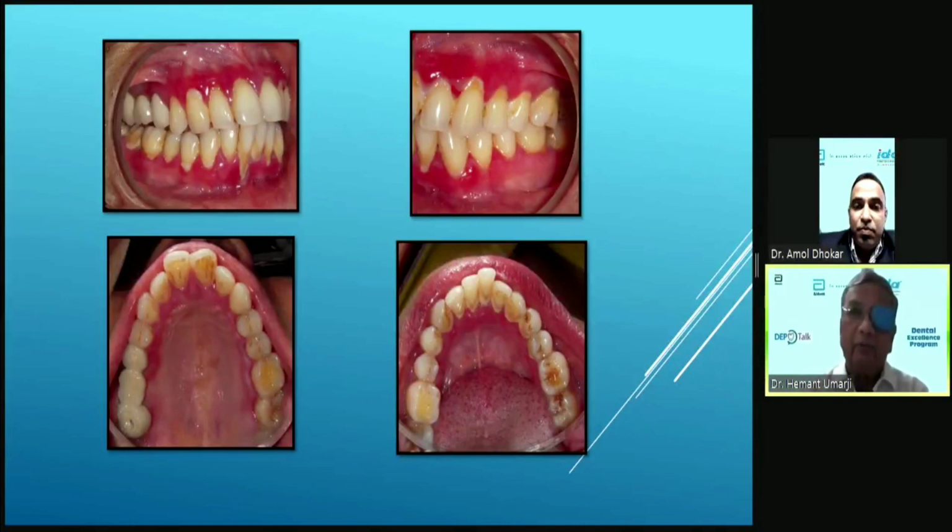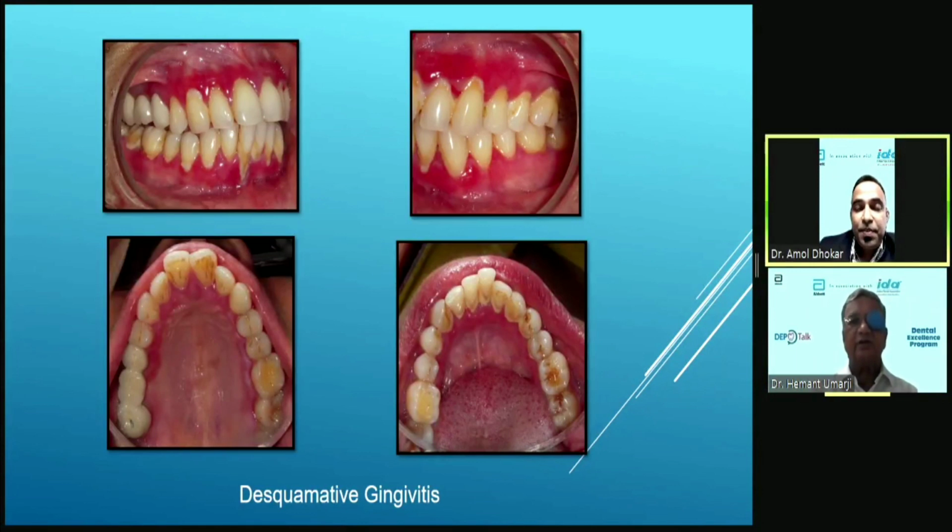And we treat it mainly with the steroid, that is Betnesol, betamethasone 0.5 milligram 4 times a day, to be dissolved in the mouth, and either the patient swallows it or spits it out. First 5 days, 4 times like that. So that is the only treatment which we can give. Some people have tried tacrolimus also, and other medications are there. So I will cover this treatment part after.